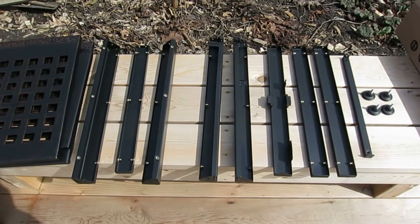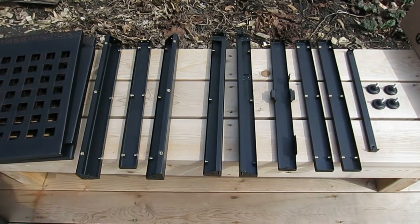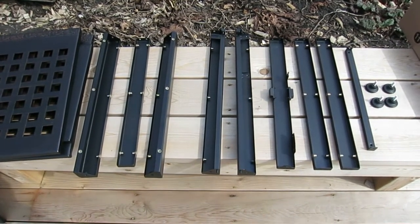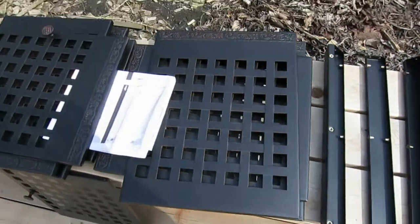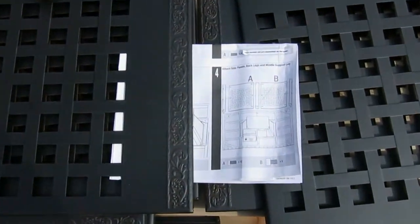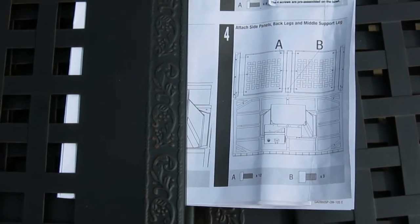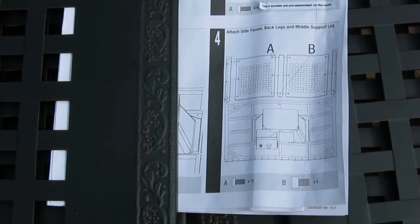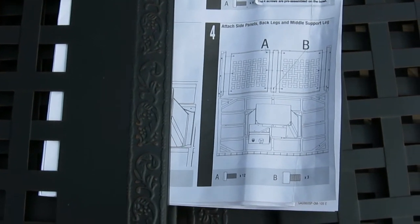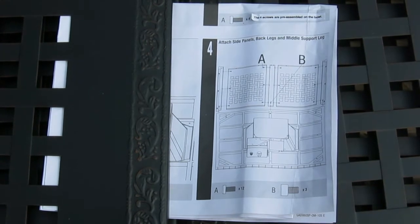All I gotta say is, oy, oy, oy. There's a lot of parts. Okay, so let's take a look at the directions over here. So the first step, this is step 4, and we're going to take it one step at a time, or you'll get confused. So step 4, we're going to first assemble the side opposite where the control is on the